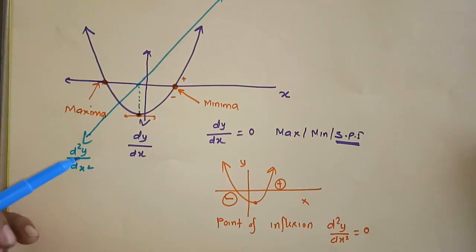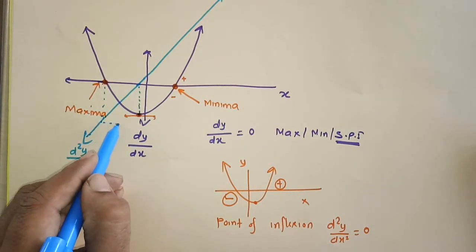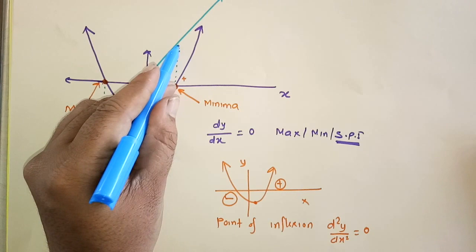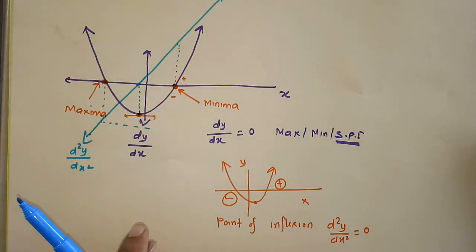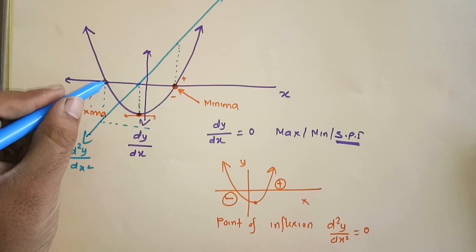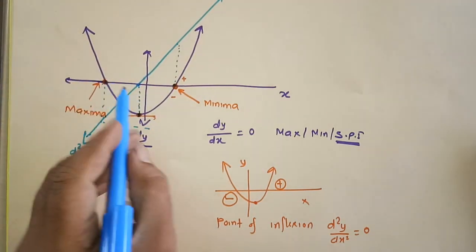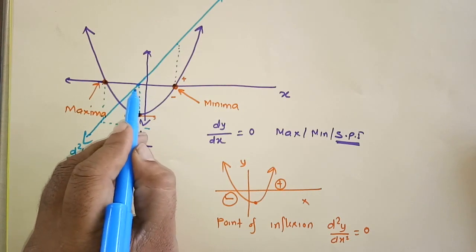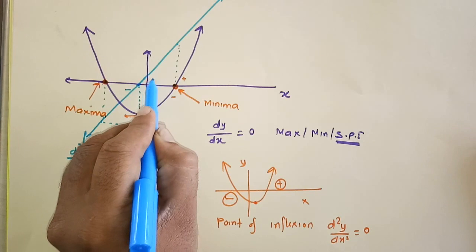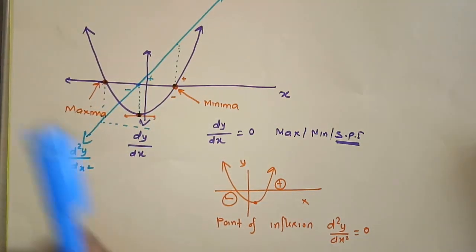Your double derivative graph is going to have a negative value, because if you look at those dotted points, your double derivative will be negative, and at this point your double derivative is going to be positive. Now I try to figure out that this is a maximum, this is a minimum, and this is a point of inflection, because if you look at the double derivative sign diagram, it's changing from negative to positive. It means that this is 100% the point of inflection. Okay, so now let's draw the